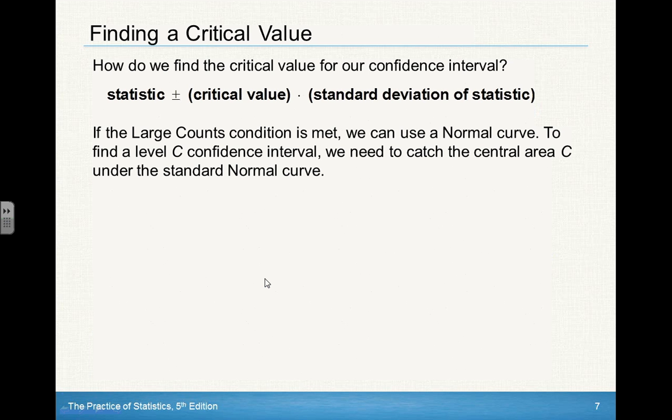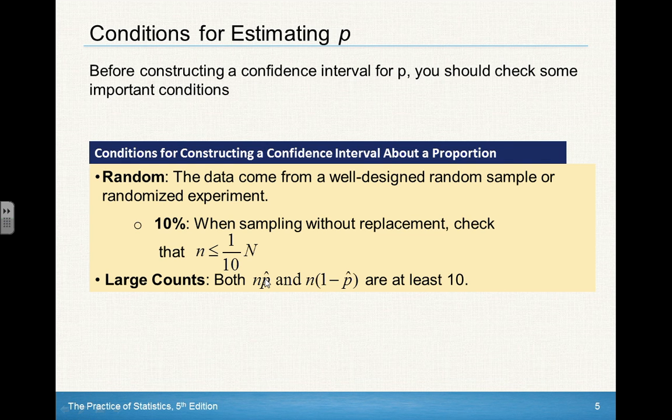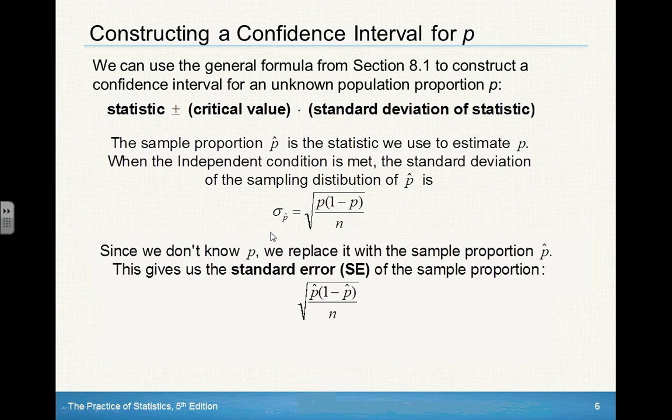So how do we find the critical value? Well, the critical value comes from, in our case now, the normal chart, or the table of normal distributions. In order to use the table of normal distribution, I need to make sure that the data comes from a normal distribution. The data will come from a normal distribution if I've taken a large enough sample size, which is what we talked about with this: the sample size being big enough to get at least 10. If I've done that,